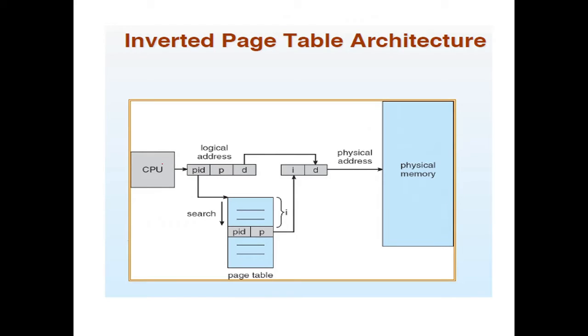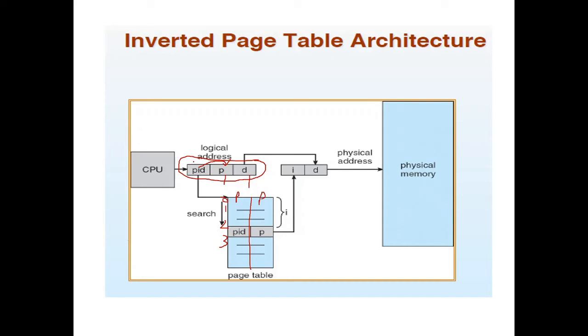So this is the diagram of the inverted page table. Here the CPU generates 3 parts: the process ID, the page number and the instruction number. We need the process ID to understand which process's page number it wants to execute, as there is going to be one global page table in the main memory. So 2 entries are stored here: one is the process ID and one is the page number. And outside we can find the index number, that is the frame numbers. So these are the frame number indexes.